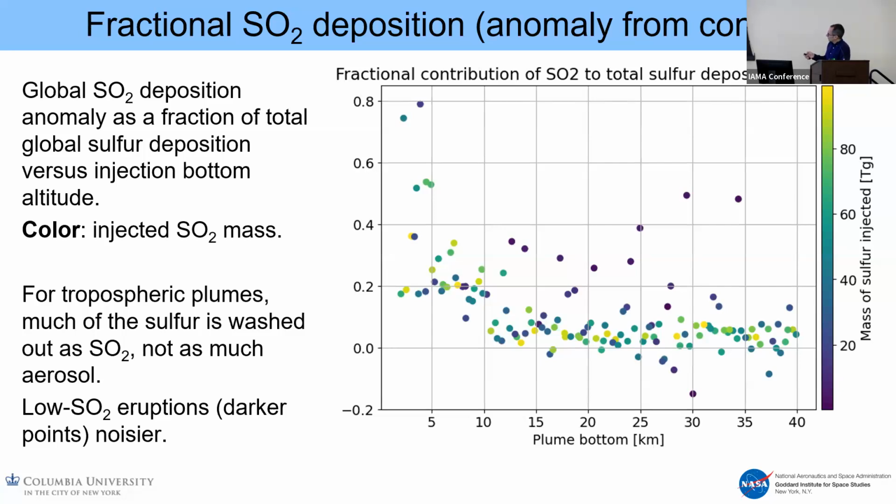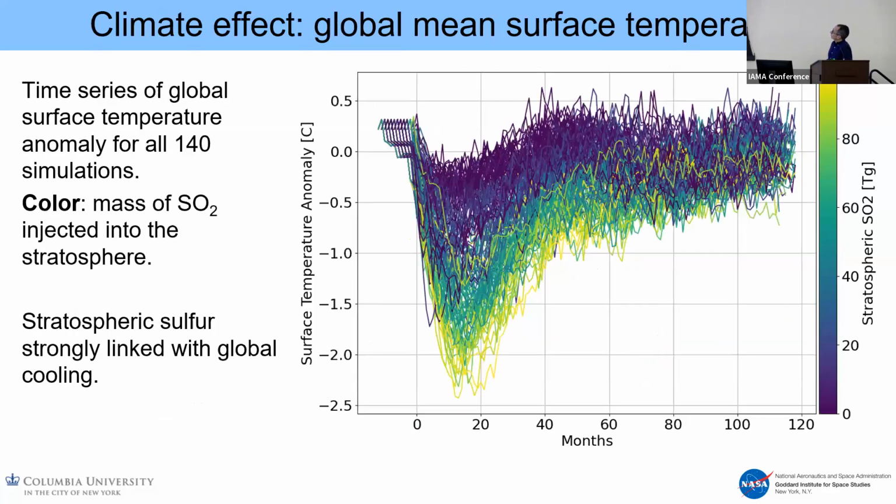And then you see that the black dots here that deviate from where you want your asymptote to be are the ones that have a very low amount of sulfur injected, which just shows that there is some noise there because, you know, this is an Earth system model. You have a volcano that goes off, even if it is just nothing, the butterfly effect will change the dynamics in the transport in the atmosphere so that it will create some noise that will be affecting some of those results.